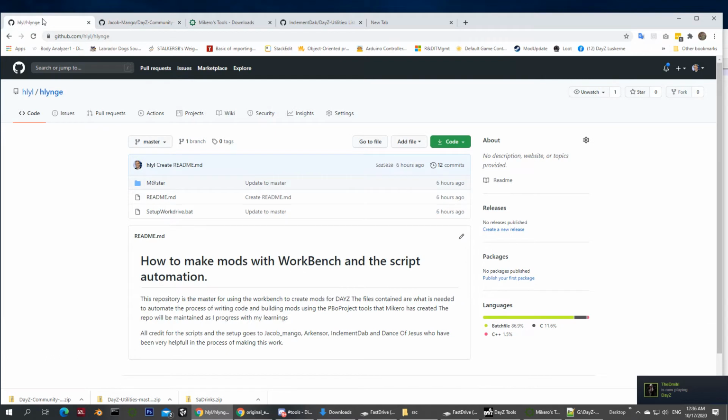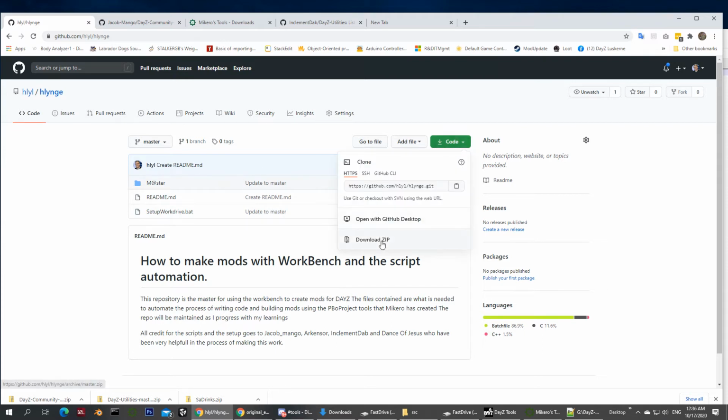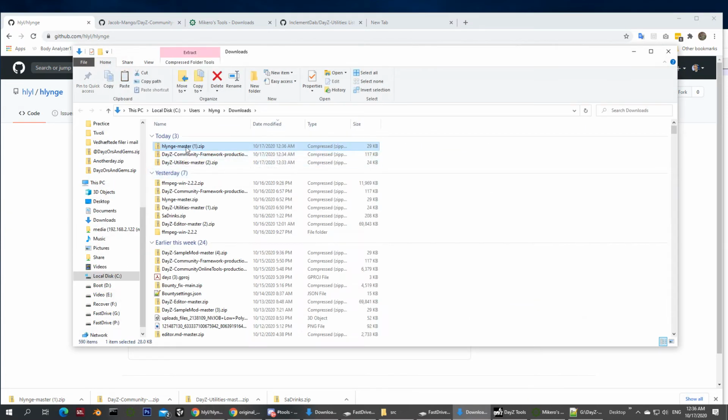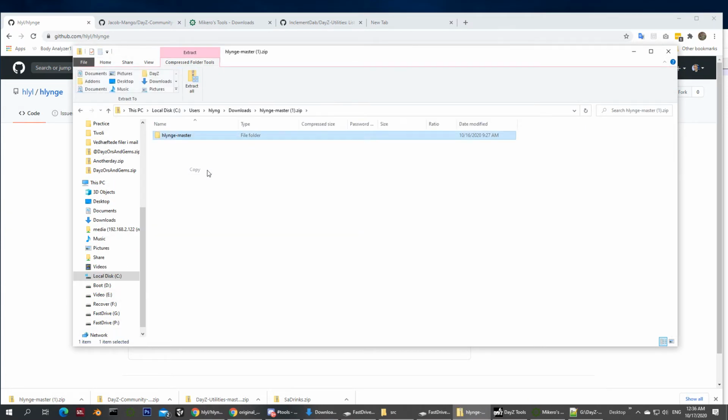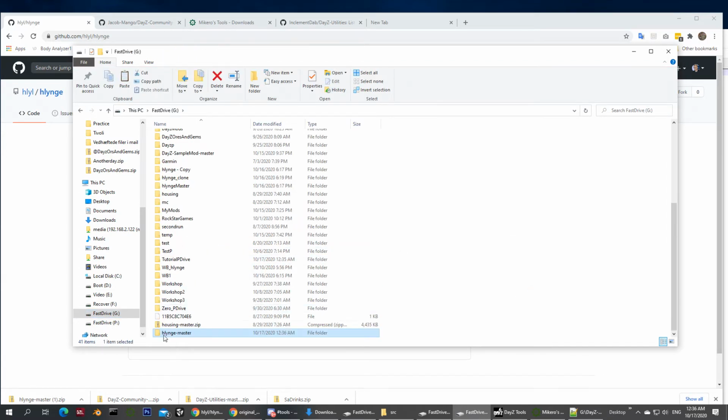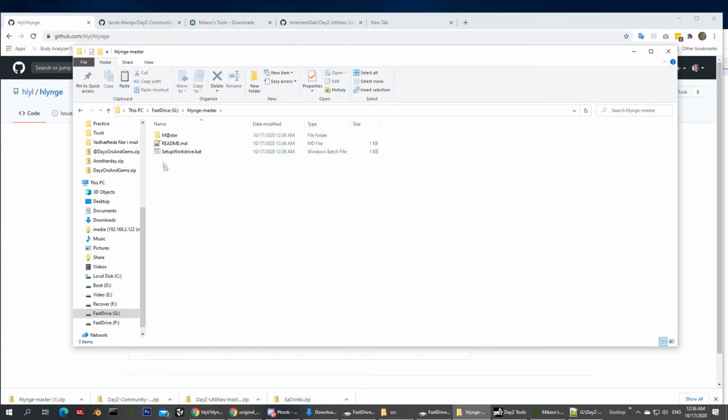So getting from my repository here the scripts needed to actually set this up, I have included that in this repository that will be linked underneath the video. Again, downloading that as a zip file, unpacking that, taking a copy and putting that to my G drive as hlinch master. I now have in here a master folder, a README that describes it, and then a setup work drive bat.